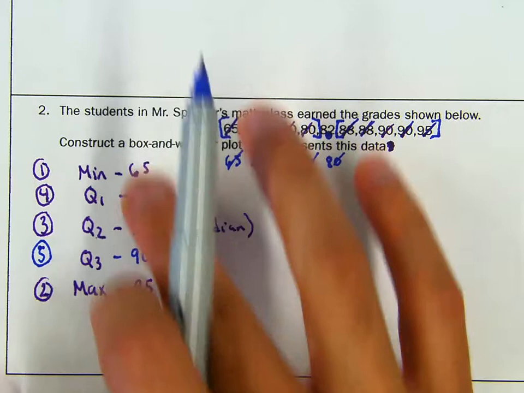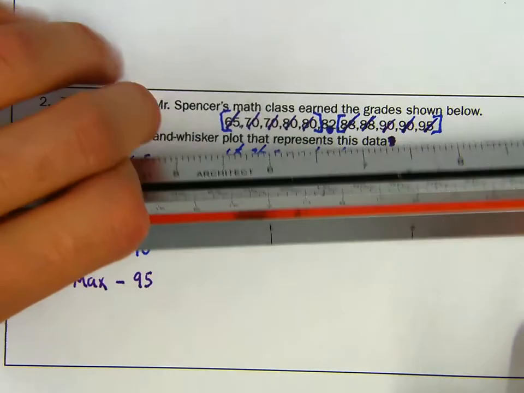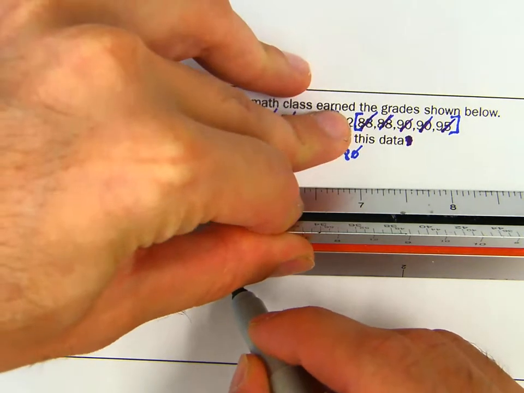Okay, so we found the numbers. Then what do you need to do? You need to create the graph. So let's say I were to grab a ruler, and that's what I'd like you to do. You draw